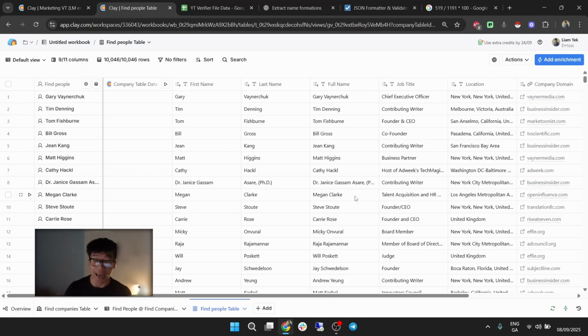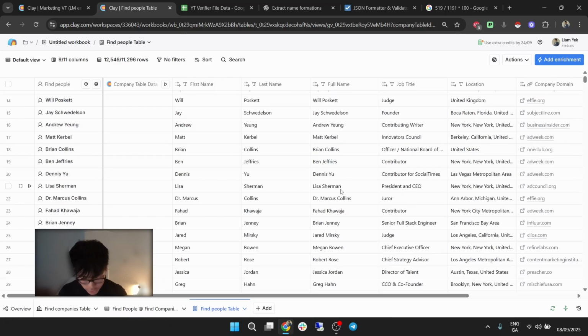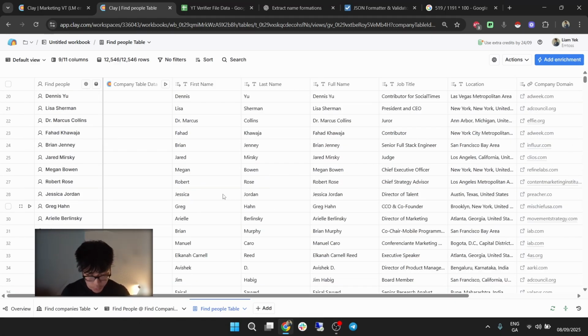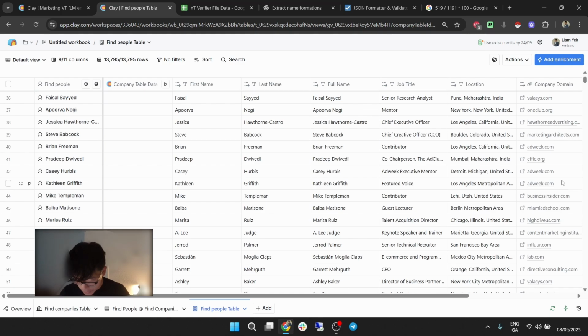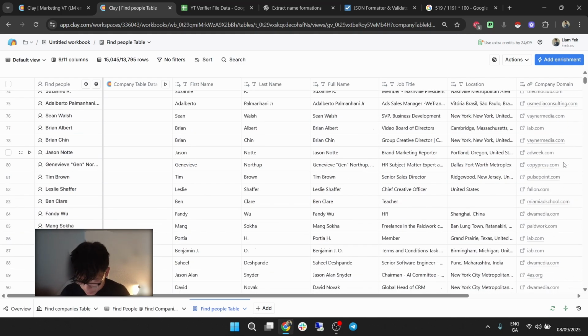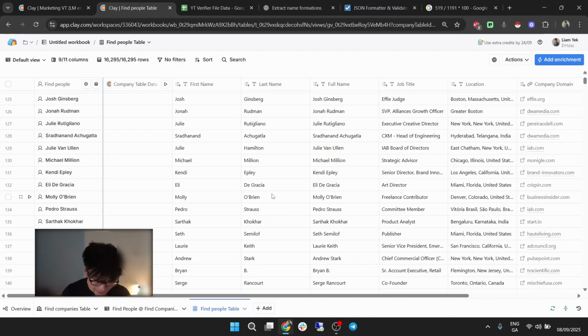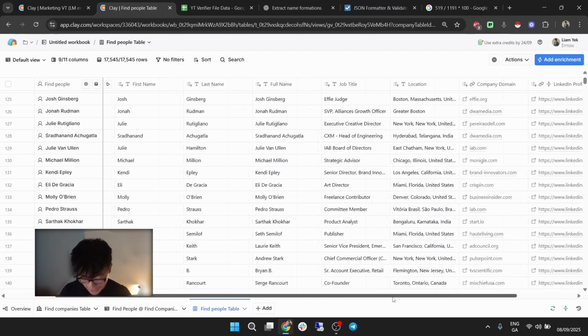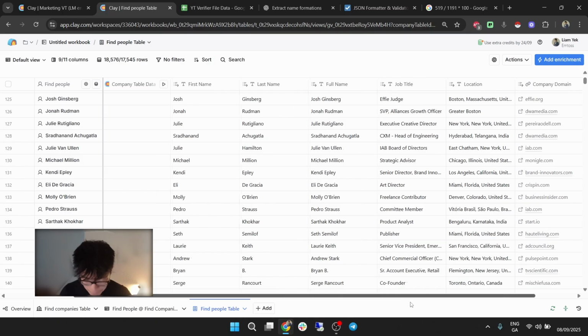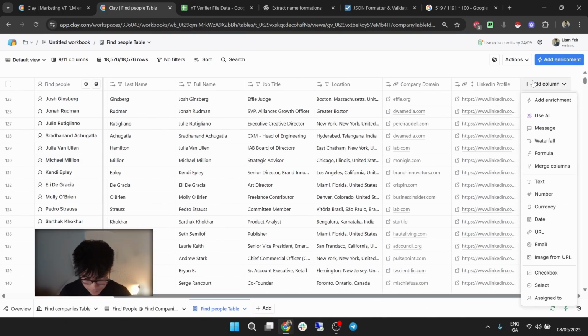And this is how you expand the TAM exponentially without even thinking. Genuinely, this is how you do it without even remotely thinking about how to do any of this stuff. So what you look to do is you pull this data, and it's gone to 12,000 now, 12 and a half, even 14. I should have limited it to C-suite executives. That was my mistake. But what I'm going to do is, when you get a database like this, you can